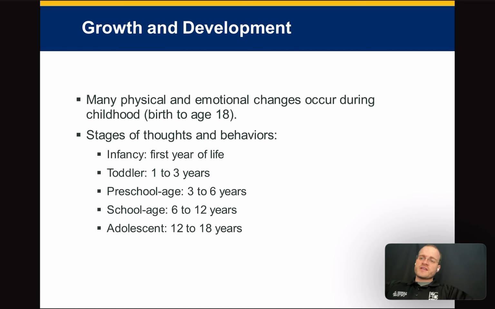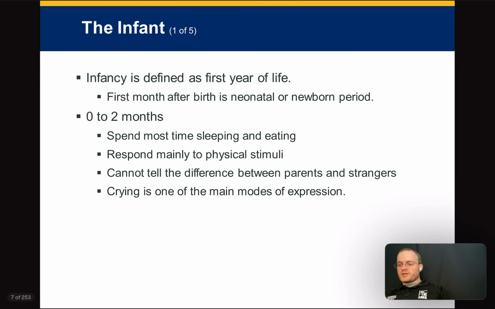I've seen these stages tested on exams, where they'll say, oh, the child is 8 months old, they're an infant. Oh, the child's 2 years old, they're a toddler. The child's 5, they're preschool age. School age can be 6 to 12. Adolescence is 12 to 18, really 13 to 18 is what I consider. But anyways, those are things to consider. They'll just straight up throw out an age and say, is this an adolescent? Is this a school age child?